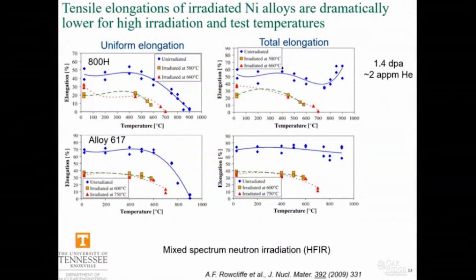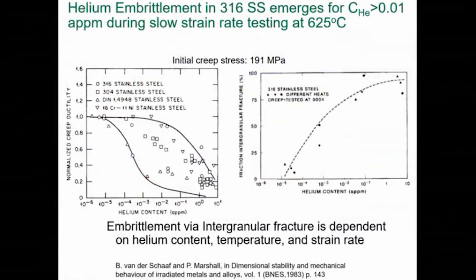has been generated. So if we look at some additional data on type 316 stainless steel, looking at the creep ductility versus how much helium was being generated in the material, you see this general trend that the creep ductility drops from the unirradiated value down to very low values when you're approaching 1 atomic part per million helium levels